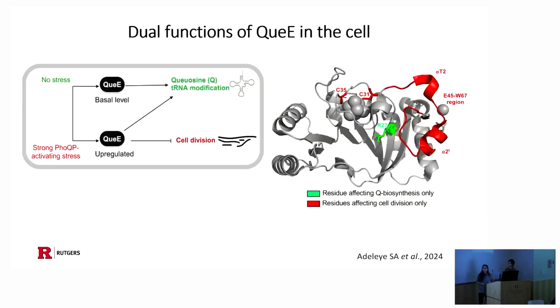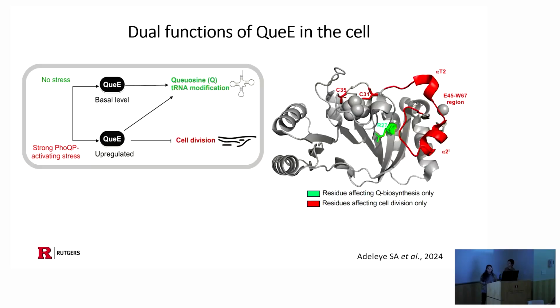Now, QueE is an enzyme that is important for the biosynthesis of queuosine tRNA modification. And this queuosine tRNA modification is important in translational accuracy and efficiency. What we know is that under strong upregulation of stress responses, such as the introduction of antimicrobial peptides, we note that the QueE release is involved with high queuosine tRNA modification,